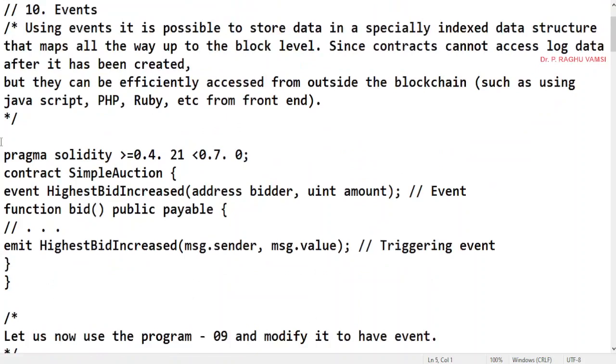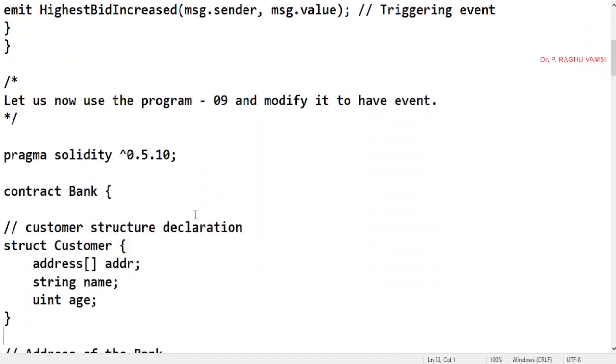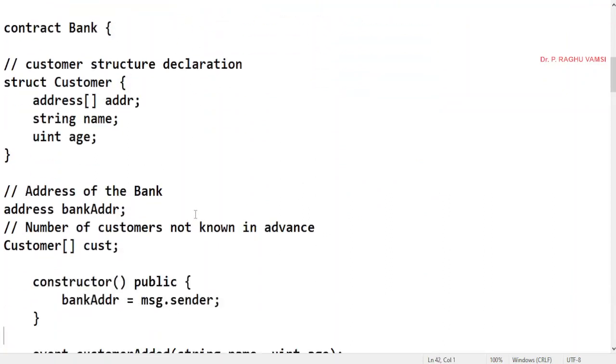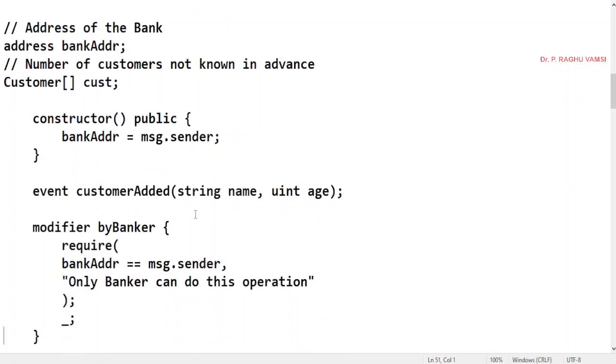Using events, it is possible to store data in a specially indexed data structure that maps all the way up to the block level. That is the reason contracts cannot access the log data after it has been created, but it can be efficiently accessed from outside of the blockchain, such as using JavaScript, PHP. So whenever this event is fired or triggered, it will be recorded as a log onto the blockchain.